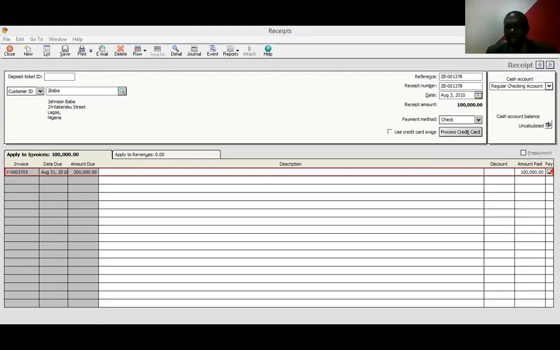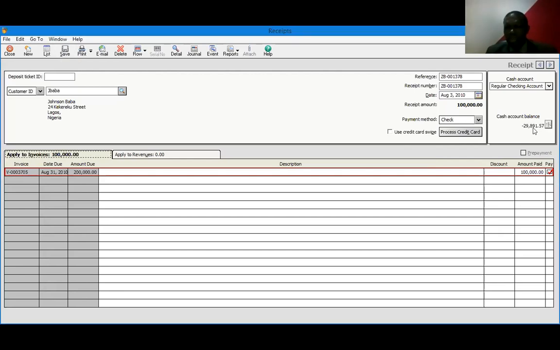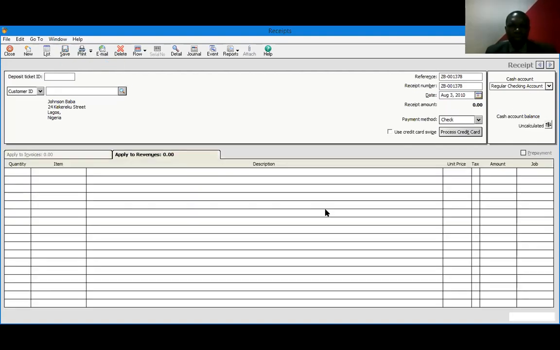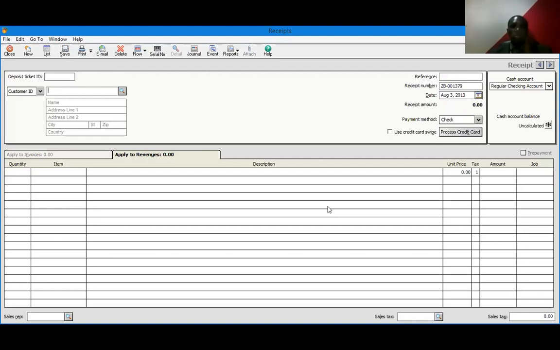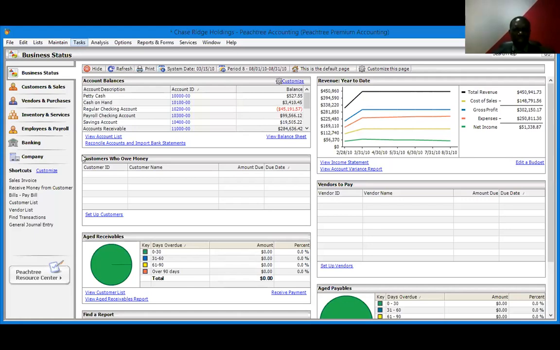This one calculates the balance in the account. So we are saying regular checking account is more like GT Bank or whatever current account you have. So then you save. When you save, the system absorbs it, goes to the age receivable, goes to the other ledgers, accounts receivable, bank, submitted everything. So you do the same with the other item called